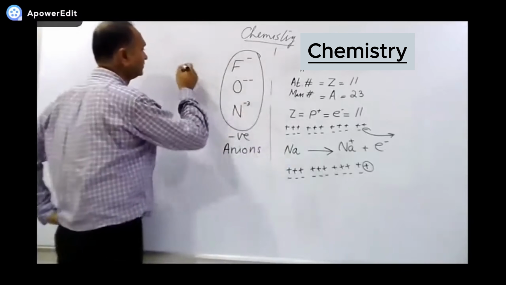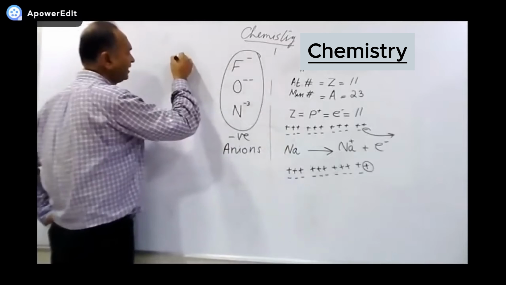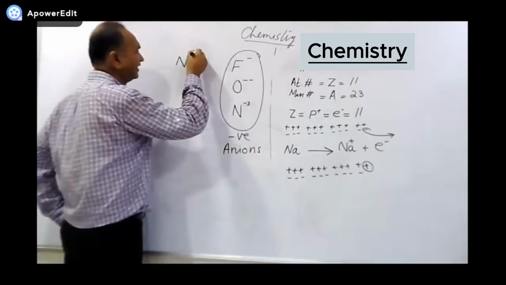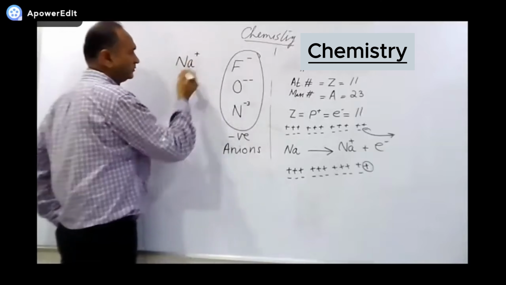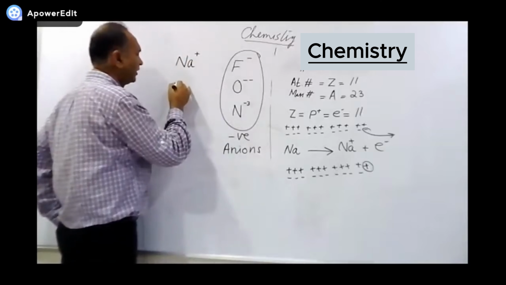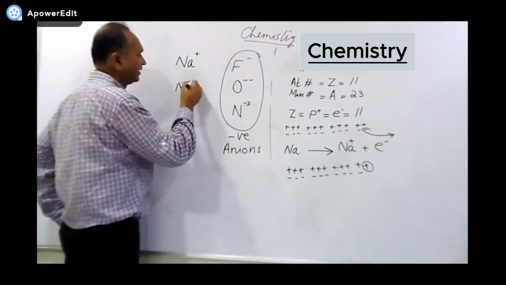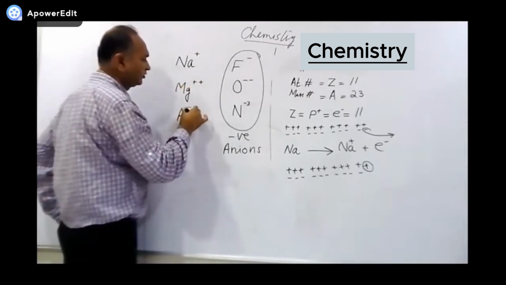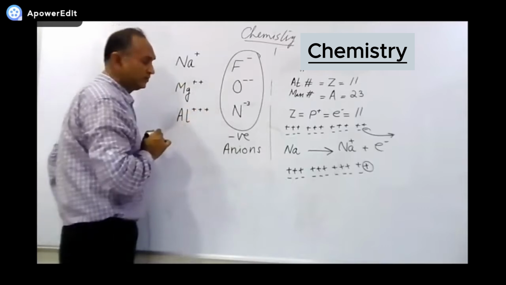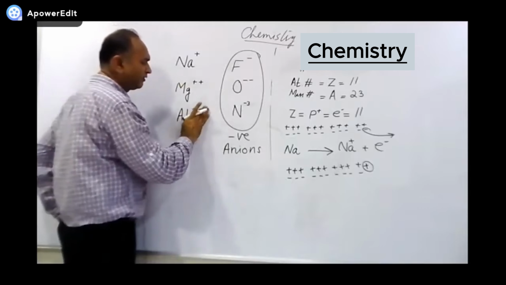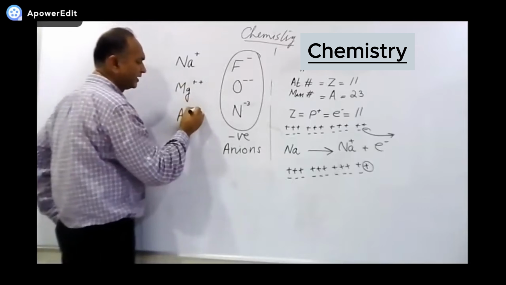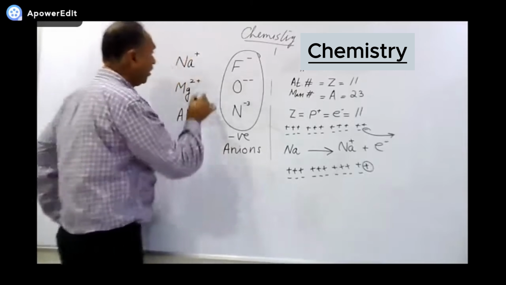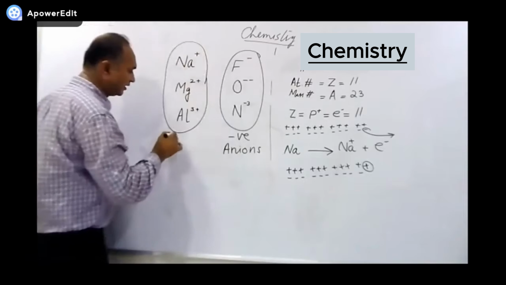On the other hand, sodium, after losing an electron, we can write it like this. Or magnesium can lose 2 electrons. Or aluminum can lose 3 electrons. Either you write it like this, or you can write in a simpler way, 3 plus, 2 plus, 1 plus, the same thing. All of these plus ones are called